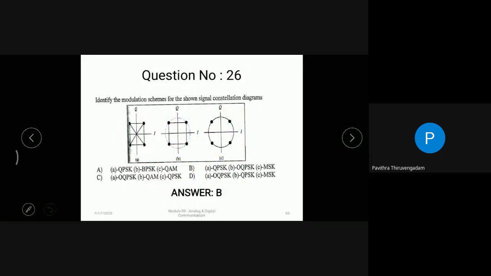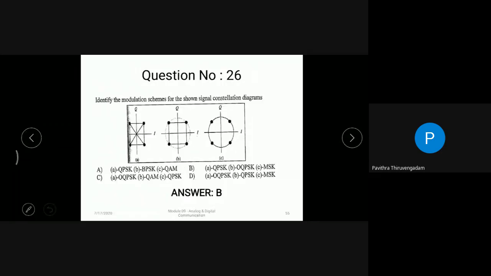Okay, now I am giving this to the participants, you can try. If you have any queries you can post in the chat box or mail me. Which one consumes low power out of these 3, QPSK, OQPSK or MSK? I told you the minimal power can be determined based on the distance between the points in the constellation diagram. Now see all three figures and find the distance and check whether all three have the same power consumption or whether there are any variations. If there are variations, why is it so? Just try and come back to us.